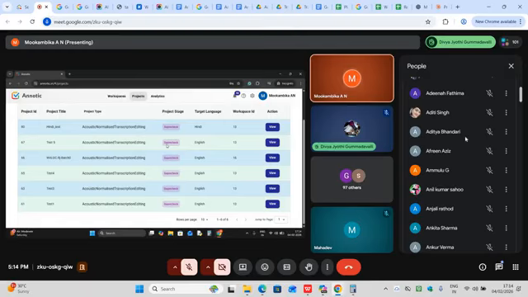Okay, after these two steps, one more step will come, that is the super check. Super check means whether the annotator and the reviewer have done the file properly or not will be checked by the super check, and this file will be submitted to the client. So that's why there are three stages.